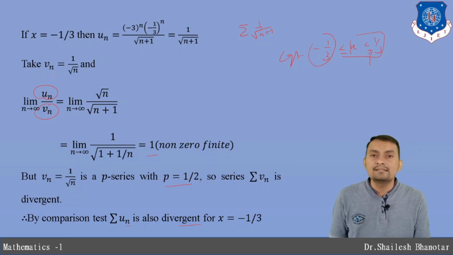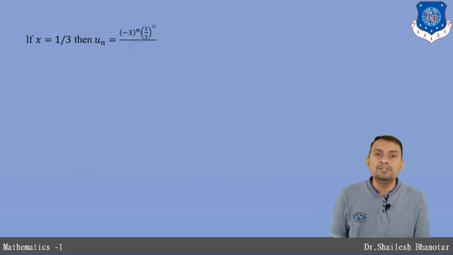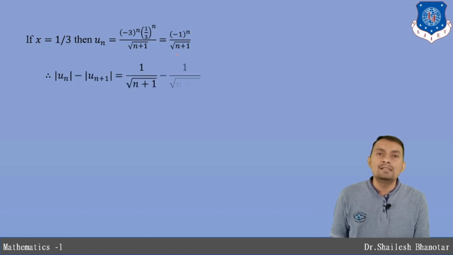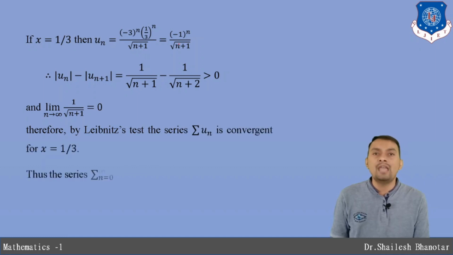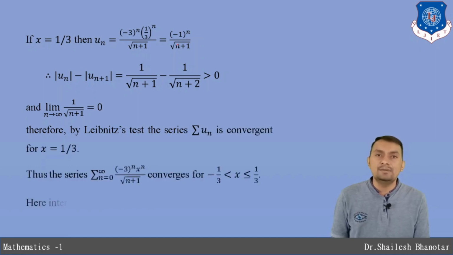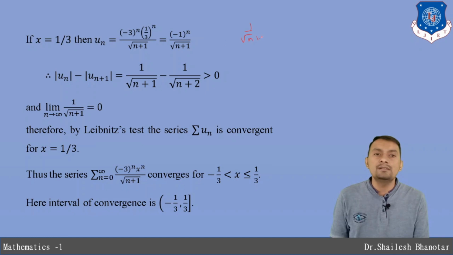Now put x equal to 1 by 3, and you are left with un equal to minus 1 raised to n times 1 divided by under root n plus 1. So alternate terms are there, that means the alternating series test is applicable. We have to show that the two conditions are satisfied. The first condition says that the sequence 1 divided by under root n plus 1 is decreasing. For that, let us consider un minus un plus 1, and when you take the LCM and simplify, you will get this quantity is always greater than 0. In other words, the denominator contains a higher value as compared to the previous terms.